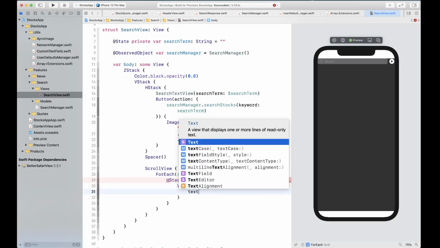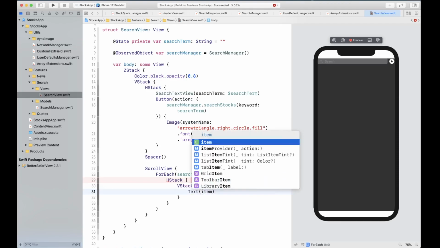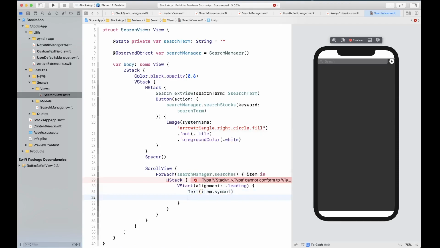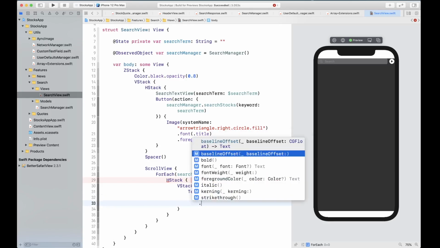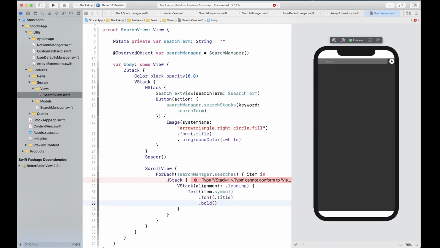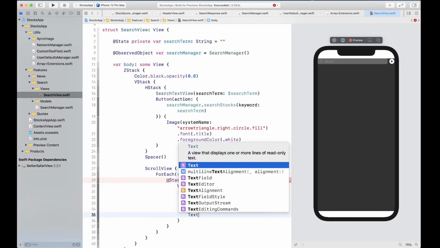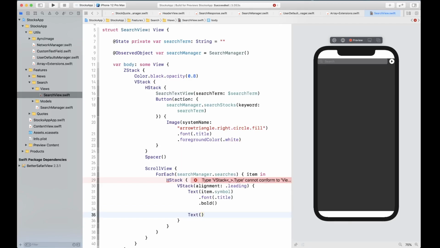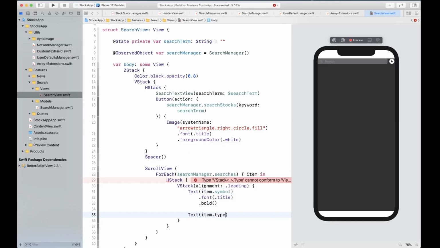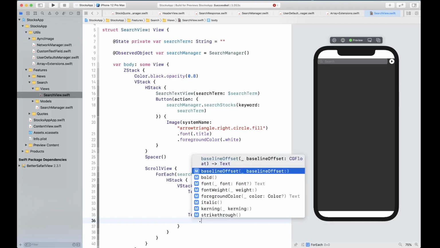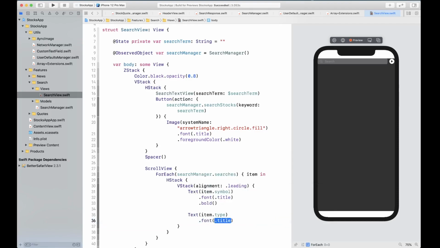And there's going to be a Text. So we can display the symbol with font title, and let's make it bold. We're also going to display the type of the stock symbol, so if it's an ETF or a stock entity, we're going to display that.